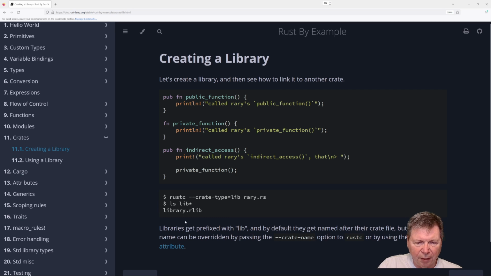Libraries get prefixed with lib, and by default they get named after their crate file, but this default name can be overridden by passing the crate-name option to rustc. Crate type lib. Crate type lib. Rary. Very funny. So you created a file called rary, and it ended up being library. But typically it would be lib and some stuff I'm doing. So it'd be lib decoding, or lib filter, or lib